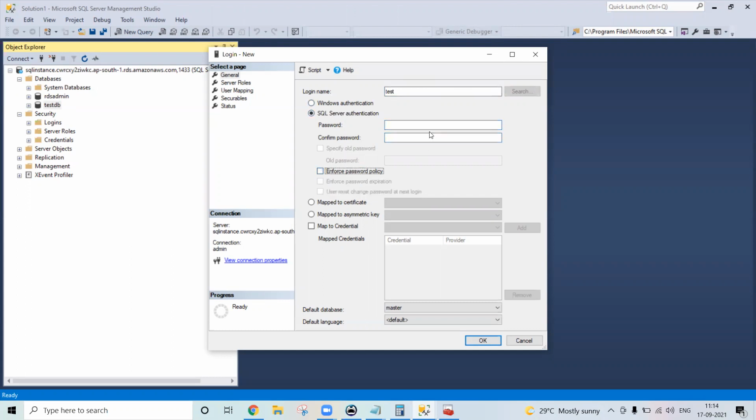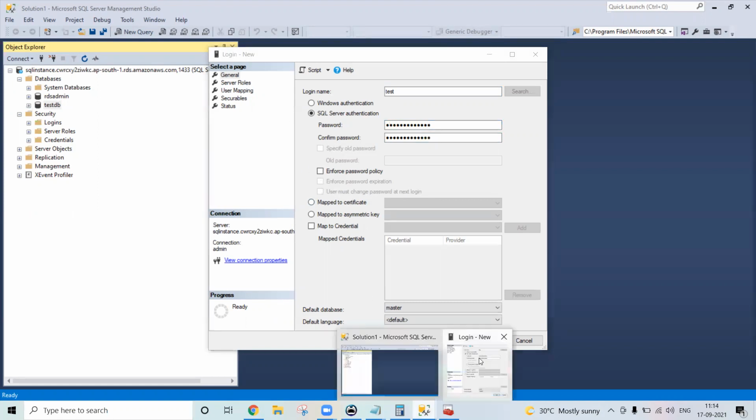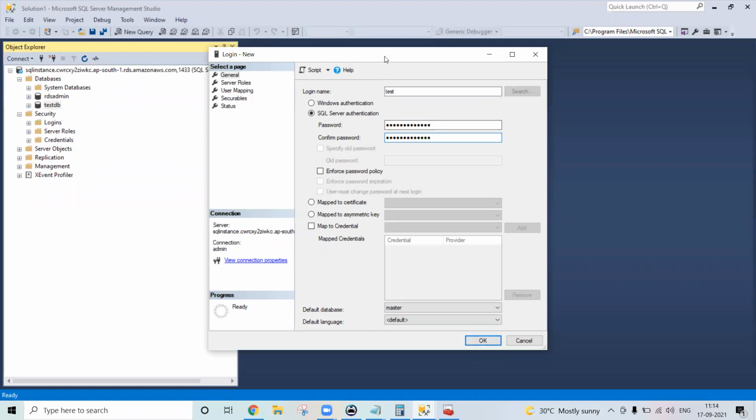Only SQL Server user credentials, with admin and password, can be used to log into SQL Server RDS. No other authentication.